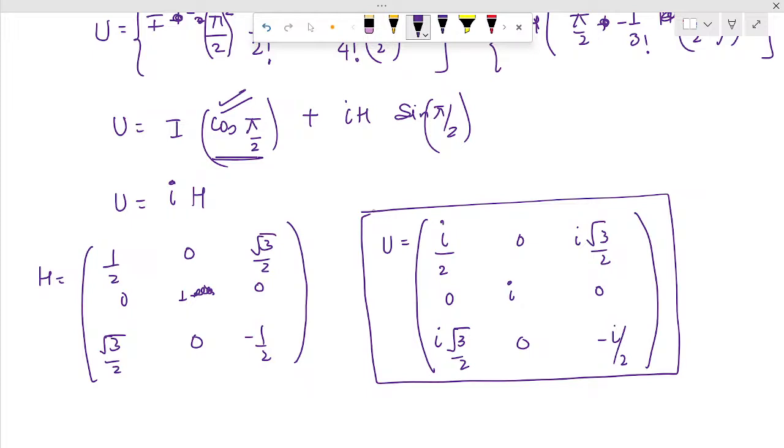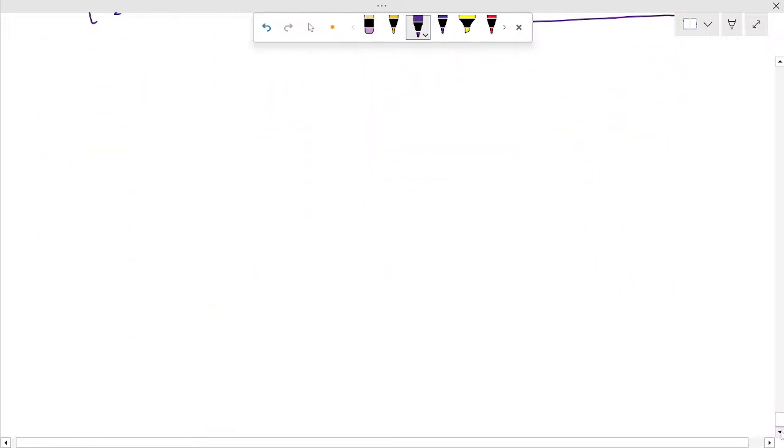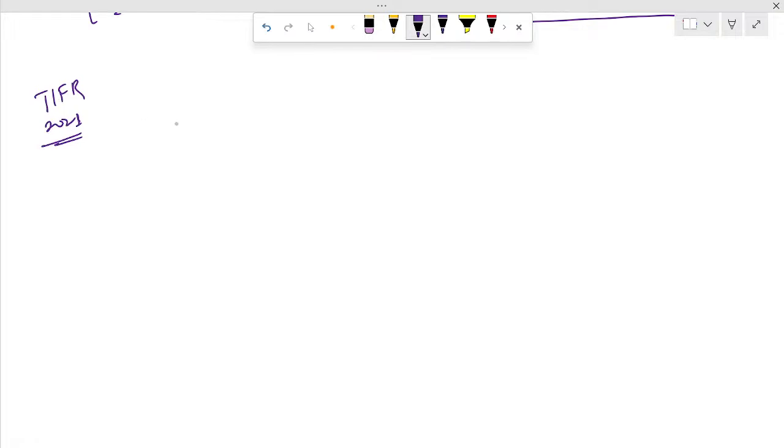So a question was asked in 2021 also. Okay, so again a question was asked in 2021, and I'm going to write it for you. So again TFR 2021. They've asked again that a unitary matrix is represented in terms of a Hermitian matrix, which is given by U equals e to the power iota pi H upon 2. And if the matrix is given by